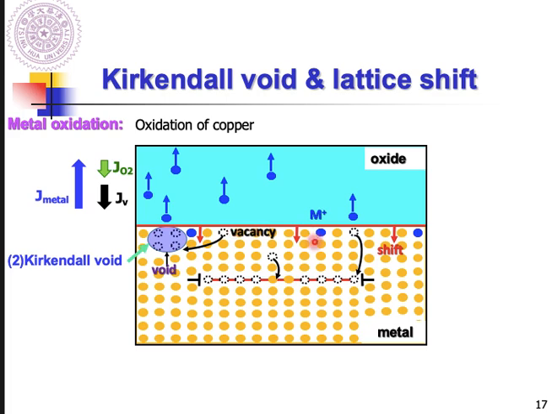So why can you observe the Kirkendall void? The reason is the metal moves to the surface of this substrate, so it leaves a vacancy here. As a lot of vacancies are present, they probably will accumulate and grow to form the void. So this is the mechanism of how the void forms